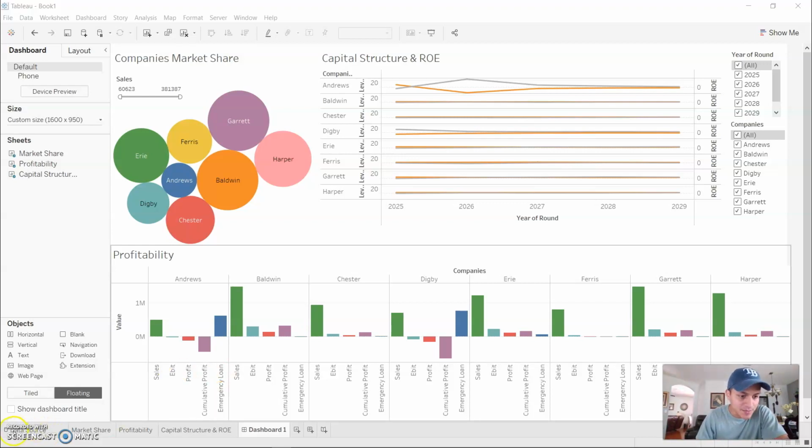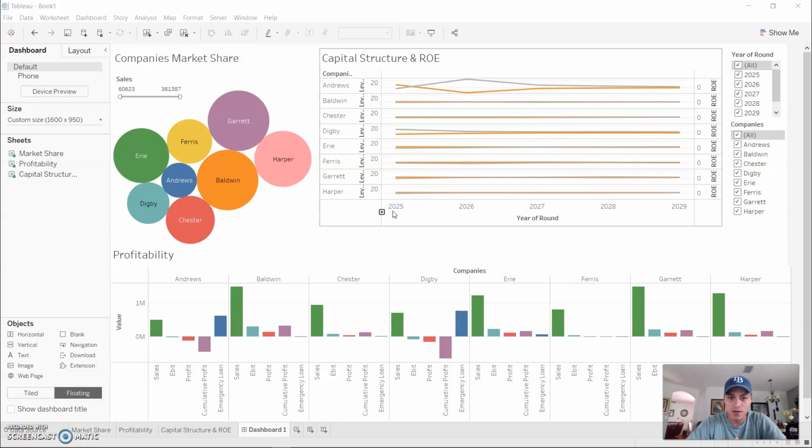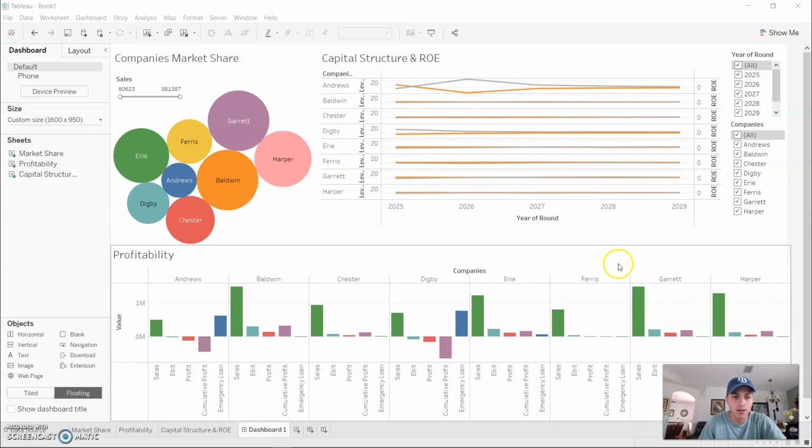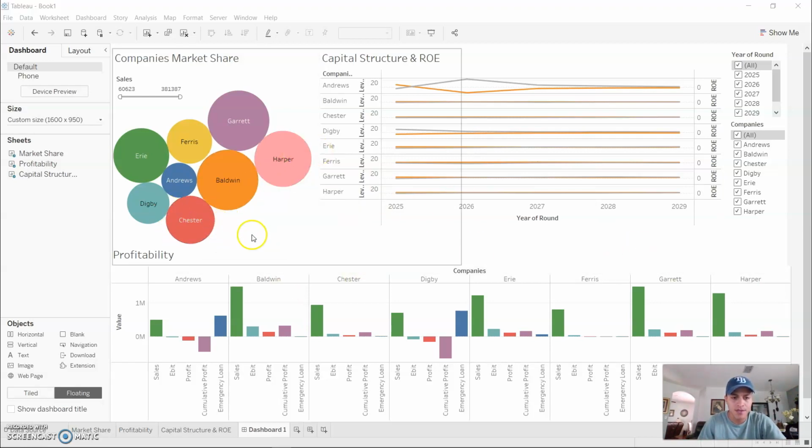So let's begin. The data I have used for this assignment is from selected financial statistics of a simulation platform where it had 8 fictional companies competing in a sensor market, and I'll be showing you their ratios and their sales and everything else from their financial statements, and we'll compare and contrast some of these companies